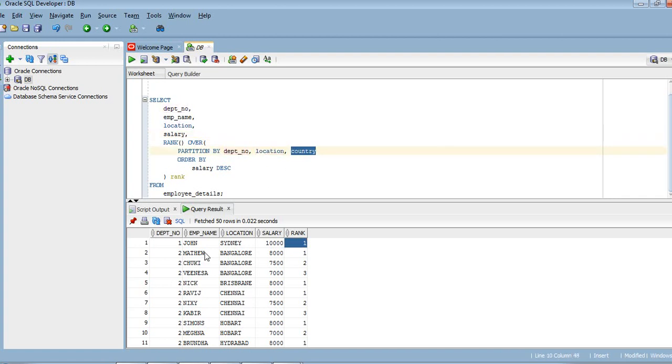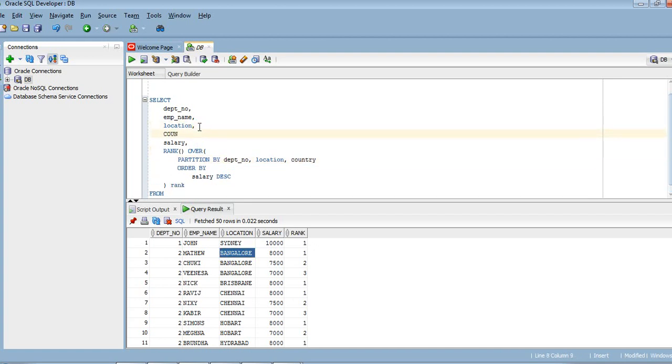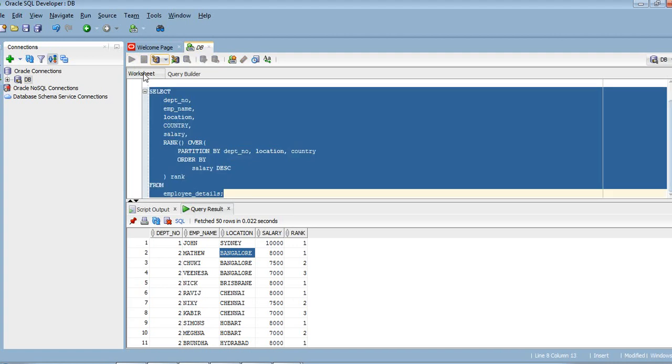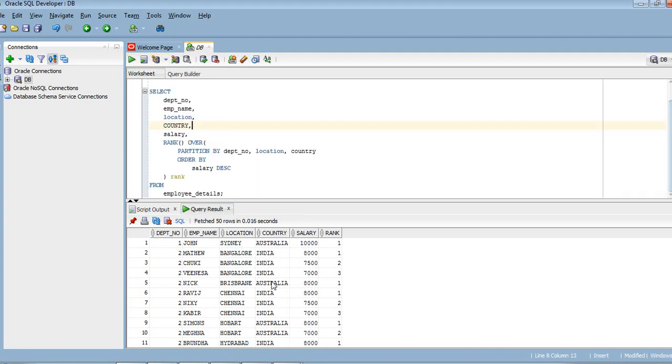So for department 2, for Bangalore, over here we didn't print the country. So if you want, you can put country also in our output. So let me put it for your better understanding. Okay, now let me run this once again. So what I am explaining, like for department 2, location Bangalore and country India.